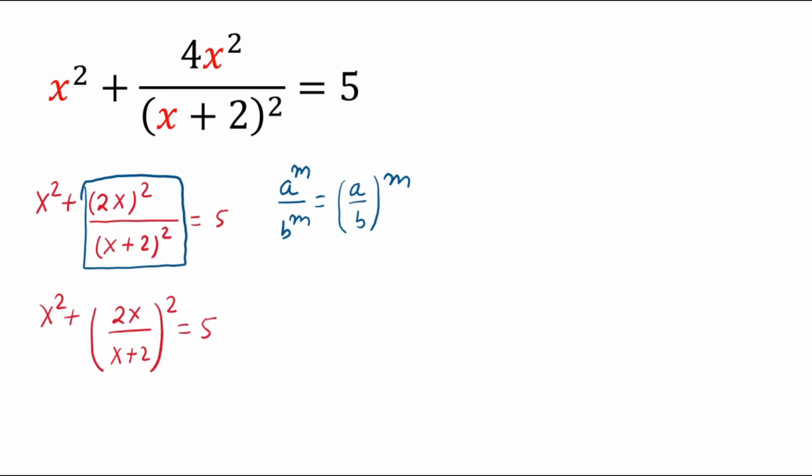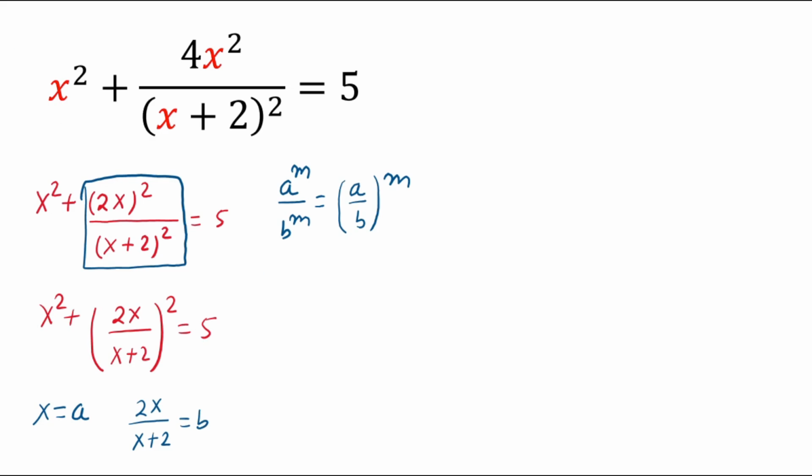Now if we apply substitution, then if we substitute x is equals to a and 2 times x divided by x plus 2 is equals to b, then in left hand side a square plus b square